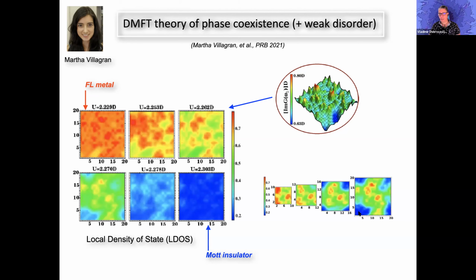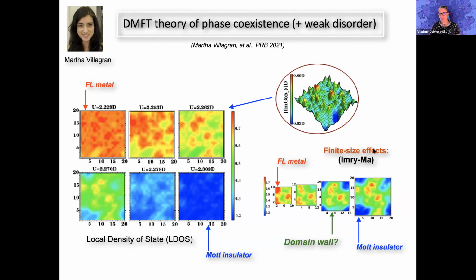So red is the metal, and blue is the Mott insulator. So you see here domains of different sizes coexisting. And in fact, in 2 dimensions, Imry and Ma told us that this is particularly significant. We see in the simulation the evidence that in 2 dimensions, weak disorder can create very large domains. And this is exactly what we see. So we find large domains of metals and insulator coexisting, even for weak disorder. This is completely consistent with the so-called Imry-Ma theorem, but it has huge consequences on our electronic system.